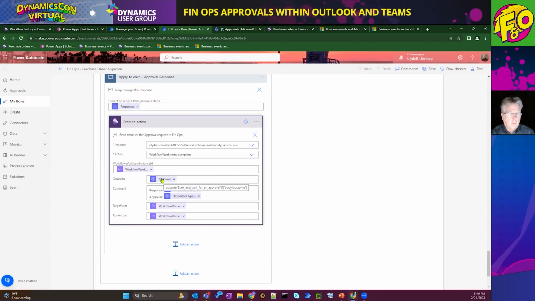And then the outcome, which is the response directly from the above approval action that we sent out, and then we can put in different comments about that and pass that along. And then the target user from the work order, and also run as that person. So that takes place.